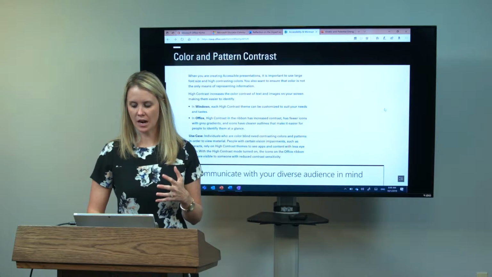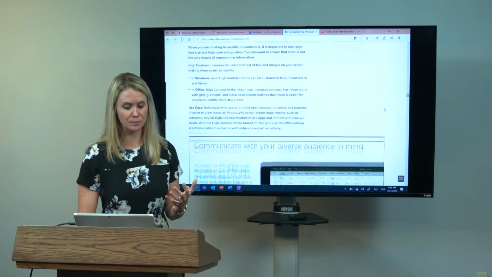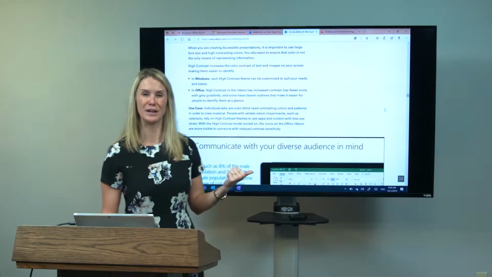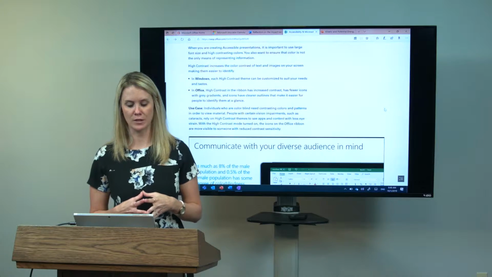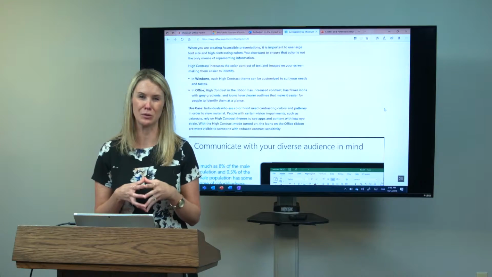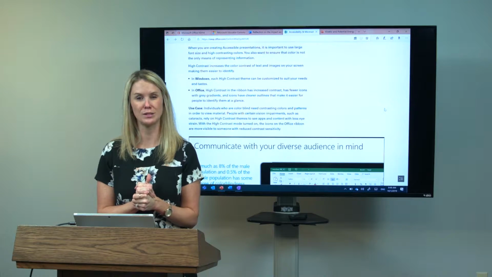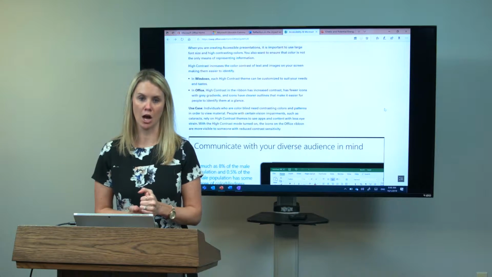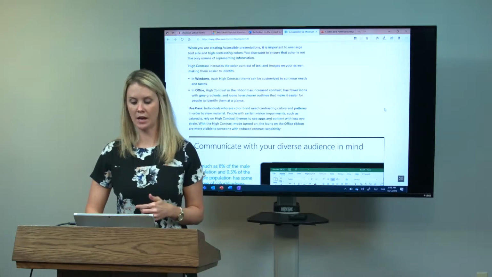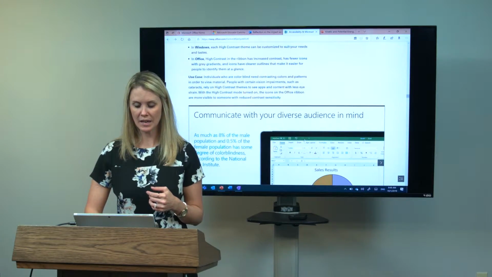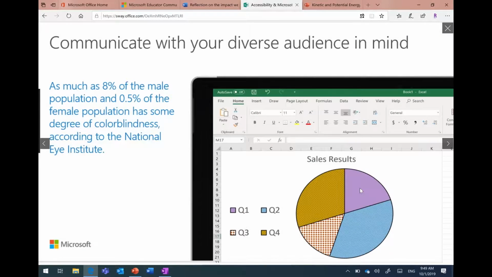But one of the things that I really wanted to make known is that in both Windows and also in Office, we have high contrasting modes for both. So this is something that you may not even know about your students, that they may need a higher contrast when looking at information. And another example of this is the fact that as much as 8%